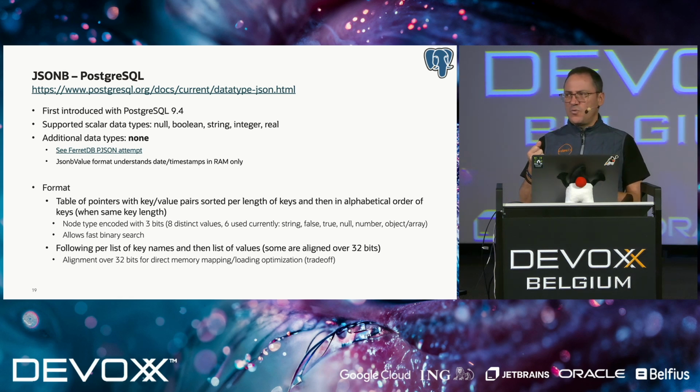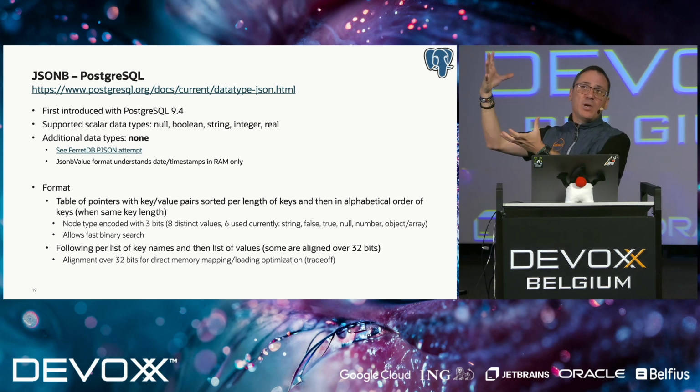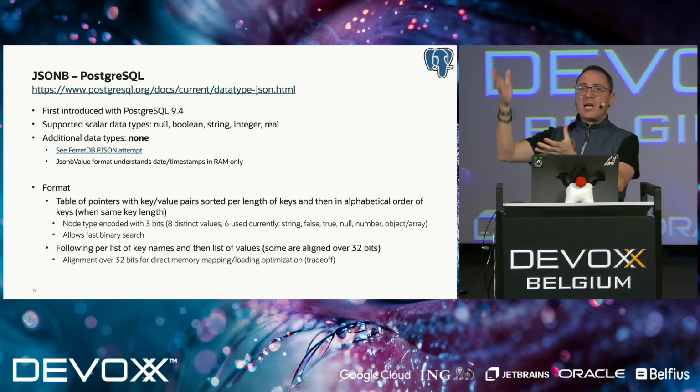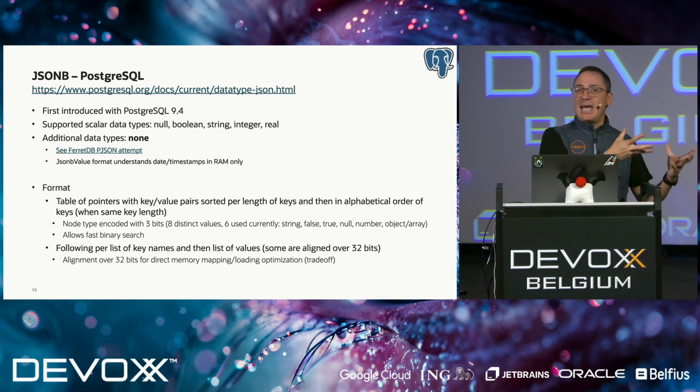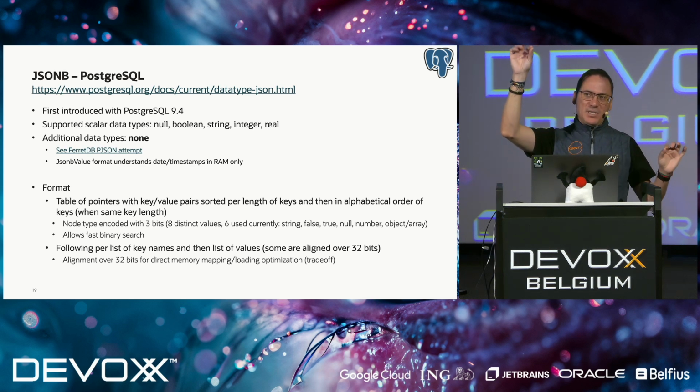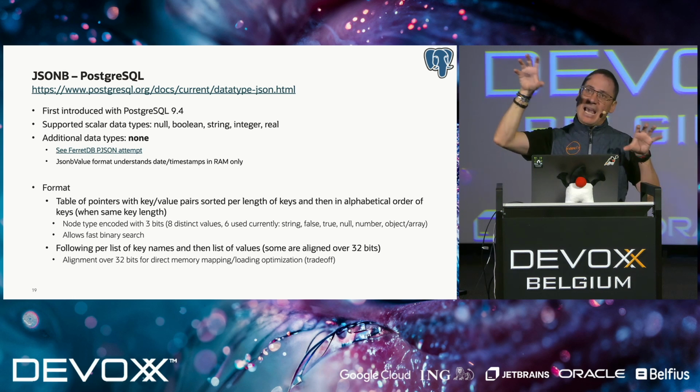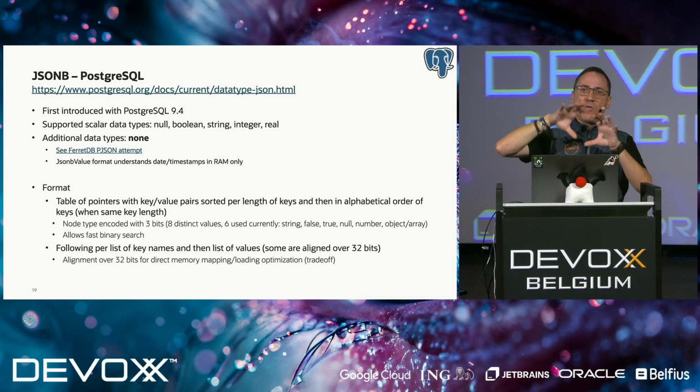Now, these two formats have a little bit of trouble if you have duplicate names. Say you have, at the root of your document, a name property, and somewhere along the structure, you have another nested object that also happens to have a name key. Well, from the point of view of the format, these two name properties are duplicates, even though they belong to different elements, different domains within your document.